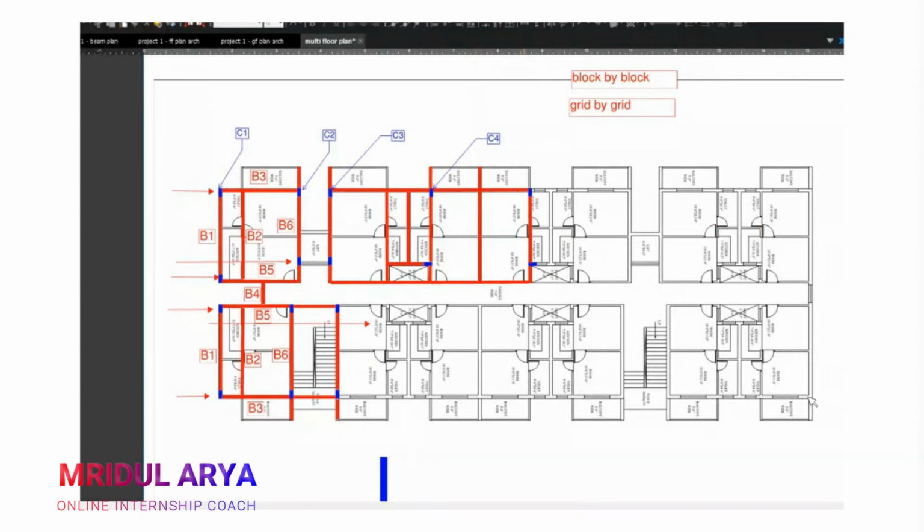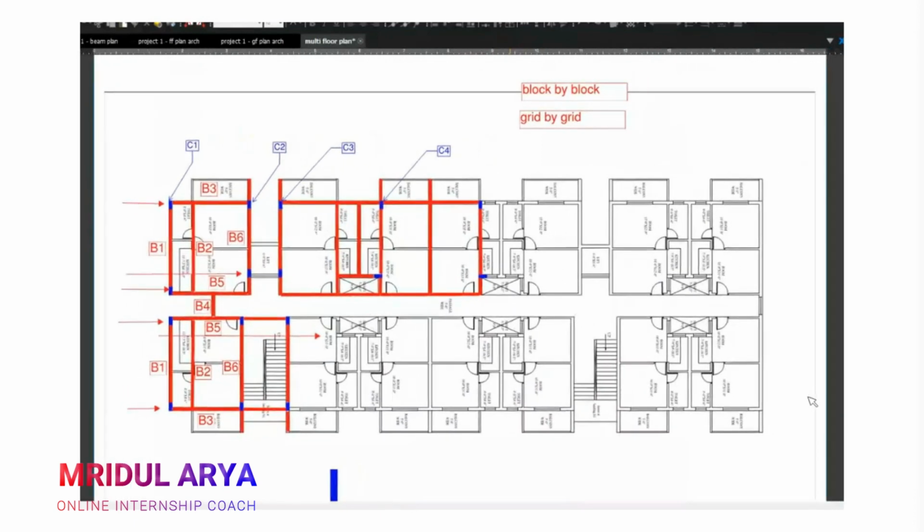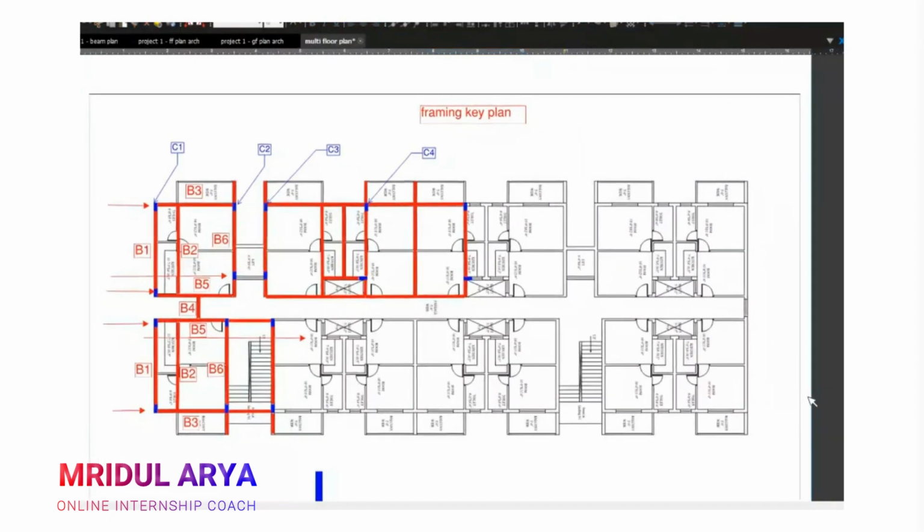Now we have covered the training plan, we already compared the floor plan, we did the naming, and this plan is called a key plan, or framing key plan, whatever you want to name it.